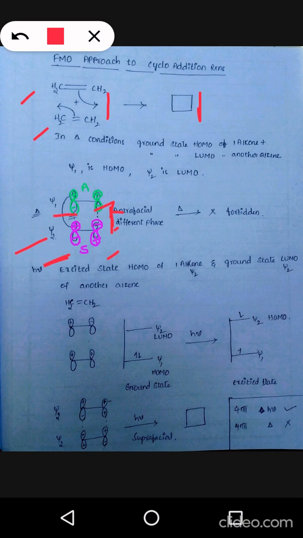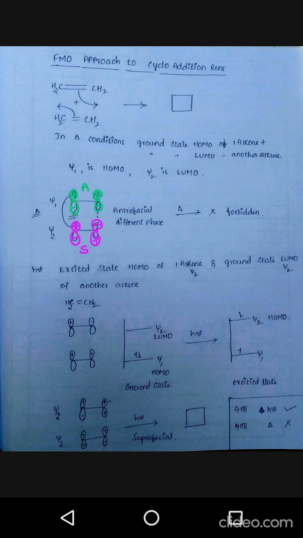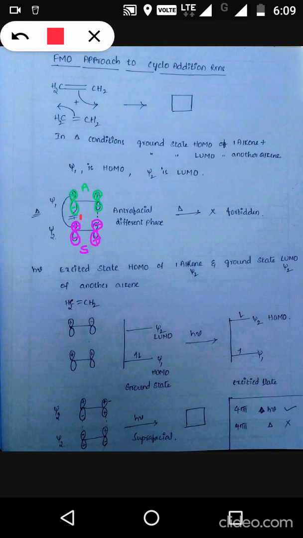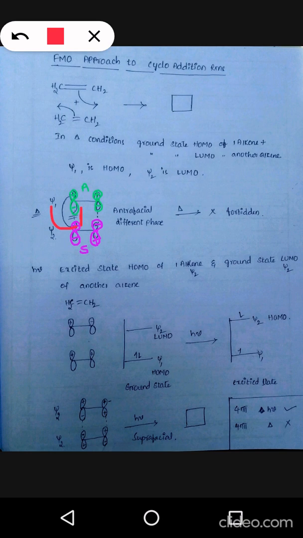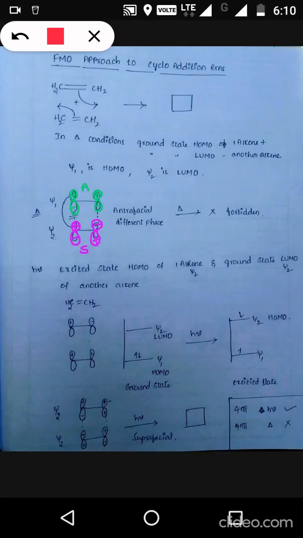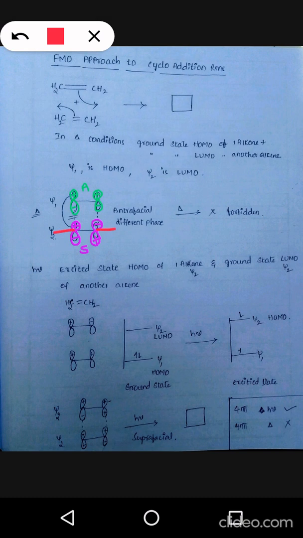So in order to form a bond, this lobe's interaction is not possible, whereas this lobe can interact with the lobe that is present on the other side of the pi system because both are positive. But such type of interaction of lobes with the opposite side is not feasible, so bonding does not take place. And you observe here, for one pi system, the reacting lobes, plus minus, are on the same side.